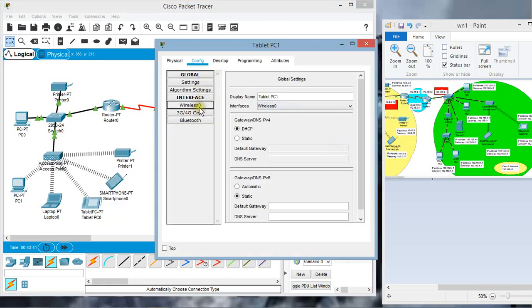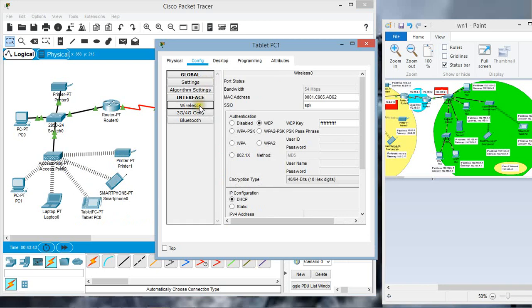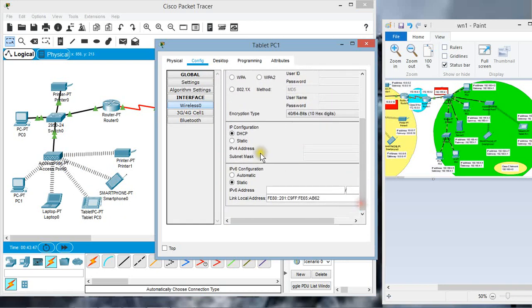From the configuration setting on Wireless 0, the IP address is not set here, so we'll set it by choosing the static option here. 192.168.4.8. This was not configured on any other device. The subnet mask will be by default, and that's it.